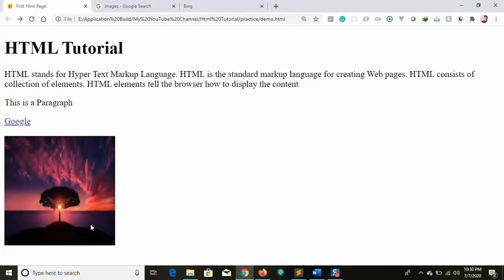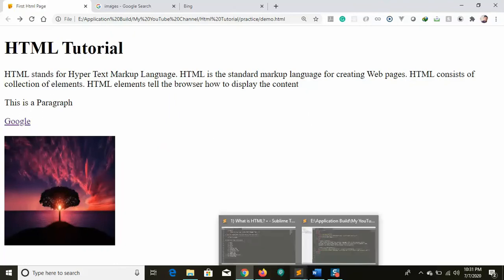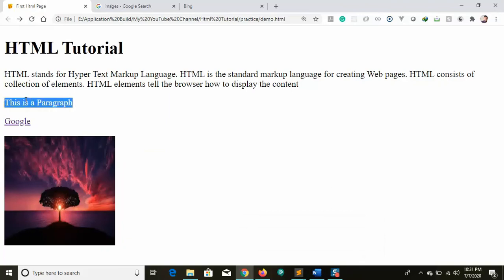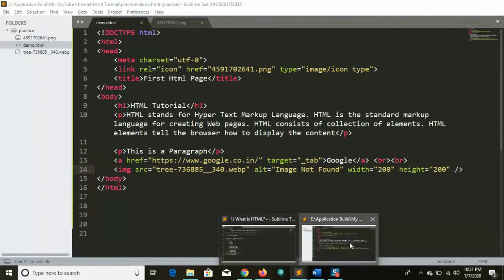Yeah, so I need a horizontal line for separation. We have this image, right? And this content we have. So I need one line here. Horizontal line, how can I do it? After this it should happen. This is the paragraph. Okay, go to here.